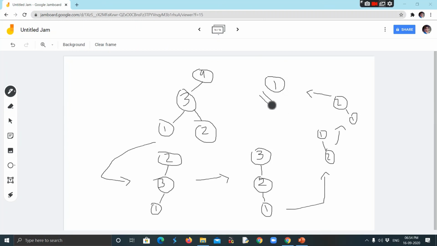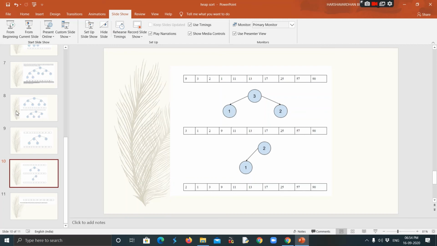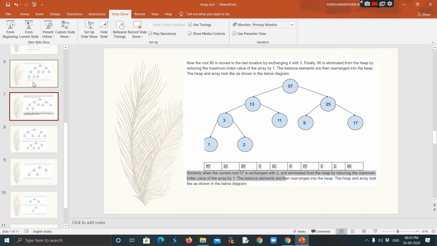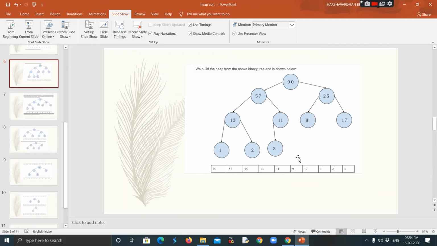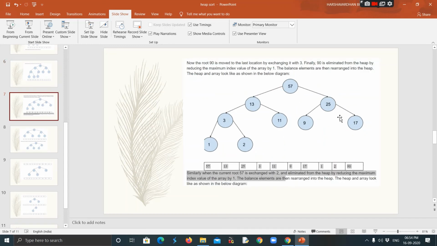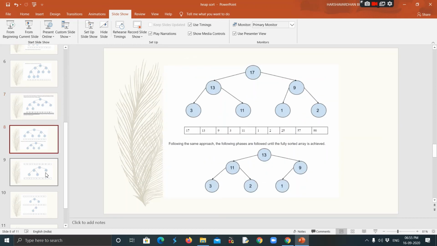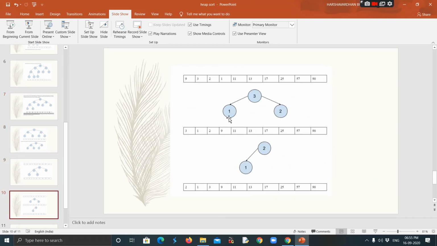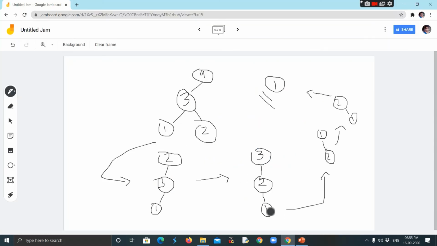So let us recheck with what was there in the presentation. You can see in the presentation from here onwards, this was the result, the first part. Then we did eliminating this value repetitively until we got 1, 3, 2.